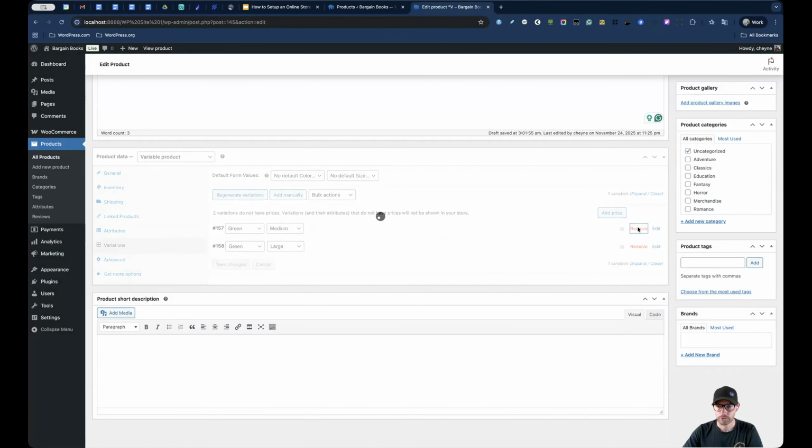And then once we publish, we can see that it actually has some different attributes here to select. So although I didn't set everything up, if we selected blue and I changed that image to a blue book, that would then show just like that variable product, the book that we saw earlier. So I really just wanted to show how these variable products are set up because they're probably the most complicated product type,